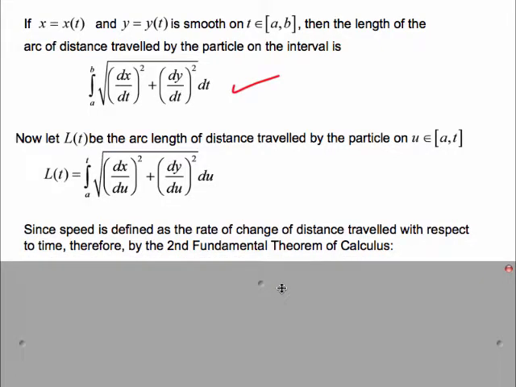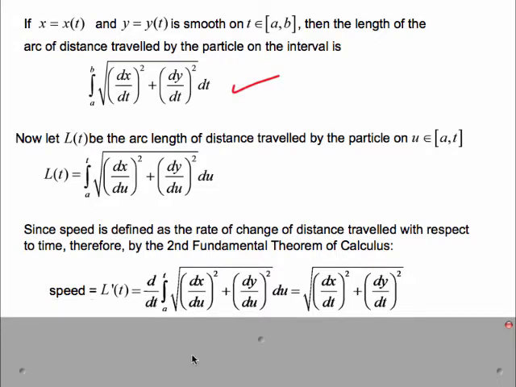And we're going to move towards coming up with the speed of the particle. Remember that speed is defined as the rate of change of distance with respect to time. Alright, so if I take the derivative of this expression, and I can do that through the second fundamental theorem of calculus, I'm going to get a formula for the speed of the particle in two